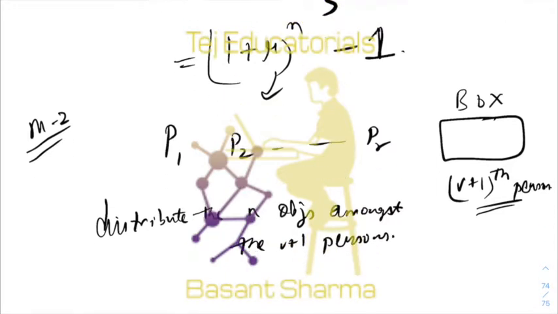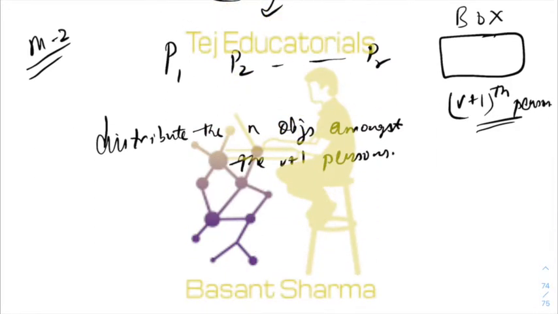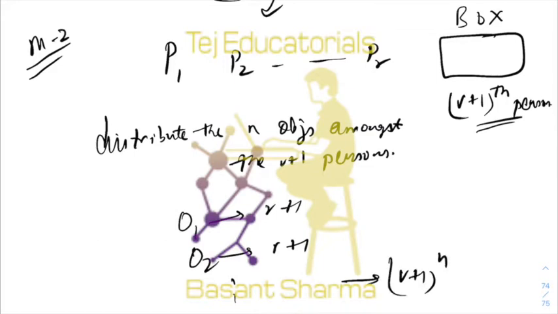Now you see how many ways there are to do that. Each object has r plus 1 choices. Object 1 will have r plus 1 choices, object 2 will have r plus 1 choices. This is when we have no restriction on the number of objects that each person will get, but at least one object must be distributed. So this is using the second point that we have considered above, and till object n will have r plus 1 choices. So in total there will be (r plus 1) to the power n ways.